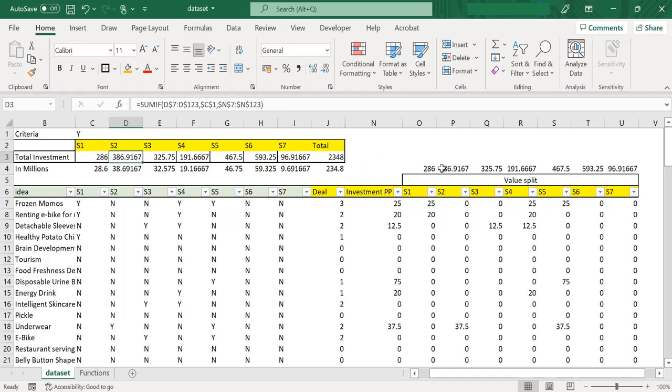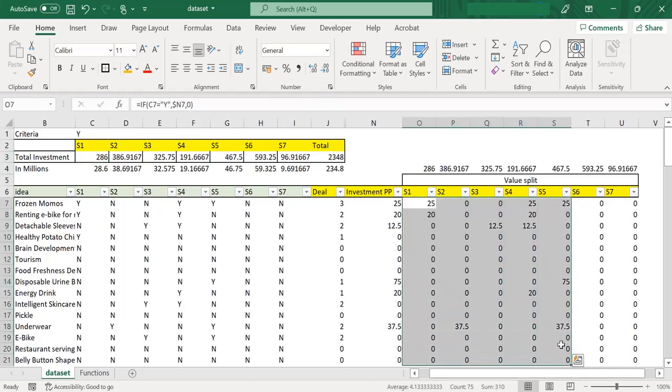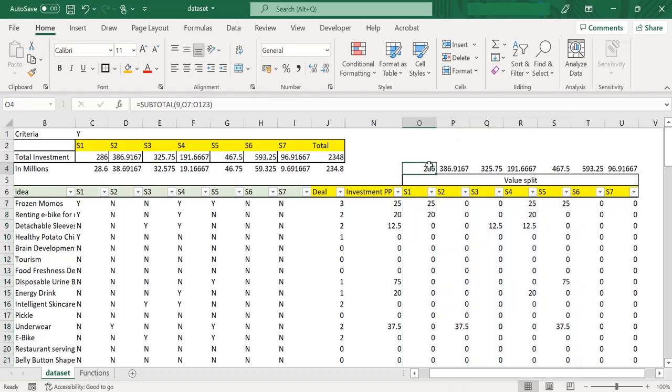So the same result we have observed here. I've just used the subtotal formula here, and so we can see that there are two ways to get the total value. The first is by using the SUMIF if we just need the total value of investment done by the investors, and the second is getting the results at the line item level and then finding out the total investment.